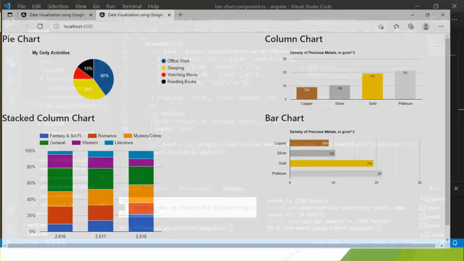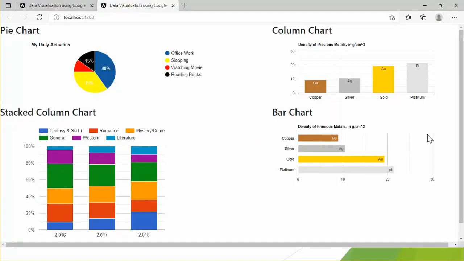Let's see, there is no legend. So if I recap, using role style, we customize the color of the bar. Using role annotation, we customize the label, and using options, we customize the title and the legend also. This is all about visualizing the bar chart using hard-coded data.